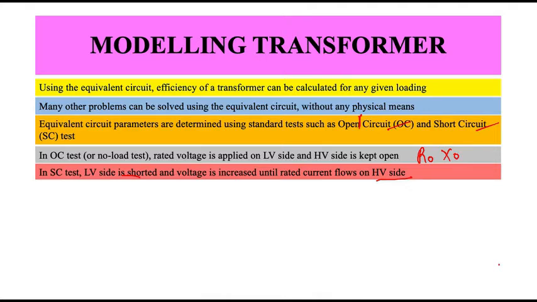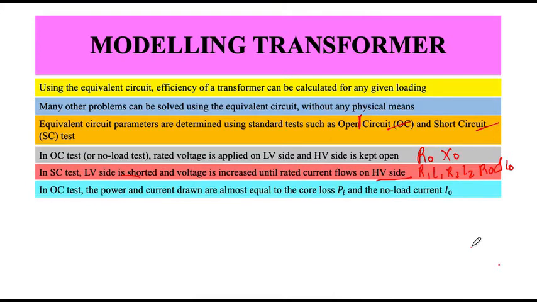Once the rated current is going through your high voltage side, I1 and I2 become a little negligible, and all the parameters which you measure and all the losses would mainly be accounted for as I square R losses in the primary winding and secondary winding. And doing just these two experiments, you would get all these values like R1, L1, R2, L2, R0 and L0. So this is the process.